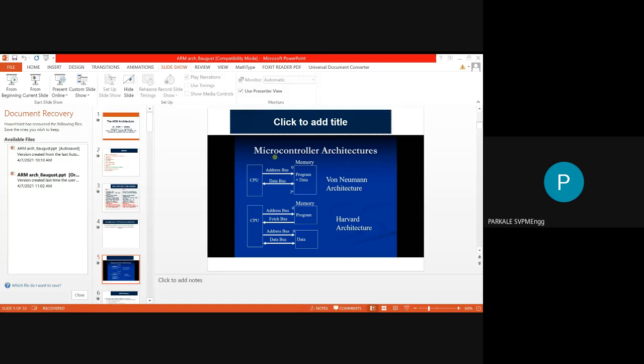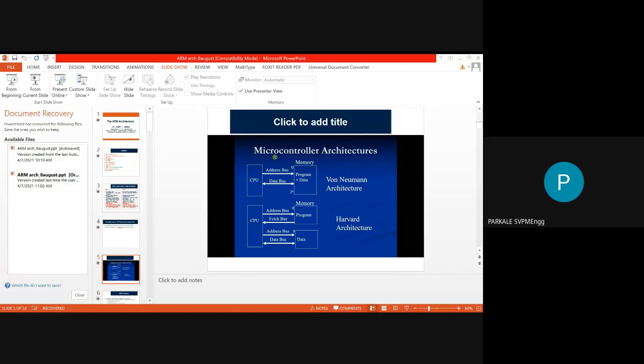Now, what are the disadvantages of Harvard architecture? Since von Neumann architecture uses a single address and data bus, it has a very low cost. But Harvard architecture uses separate address and data buses, so the cost of this architecture also increases, and so does the complexity of handling both the address and data buses simultaneously. While von Neumann architecture is very simple to operate because you have a single address and data bus. So overall, if you want to increase the speed of your execution or communication between the CPU and the memory, you can use the Harvard architecture.